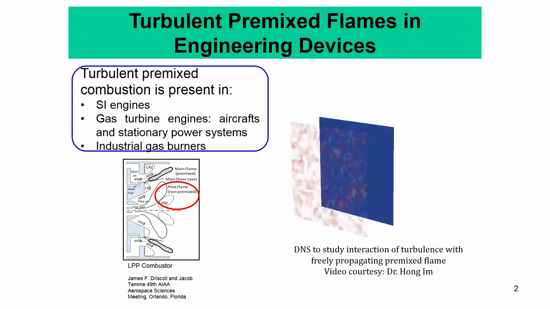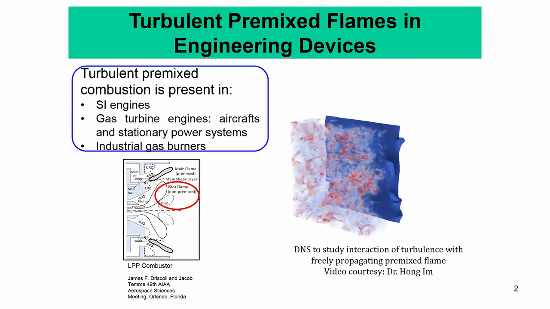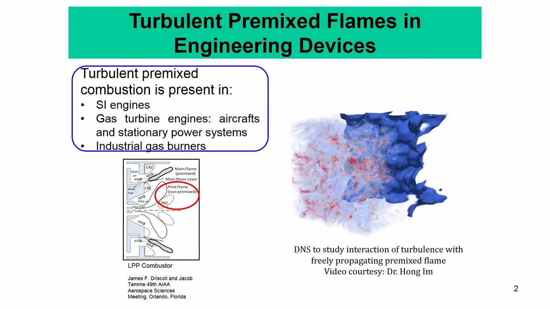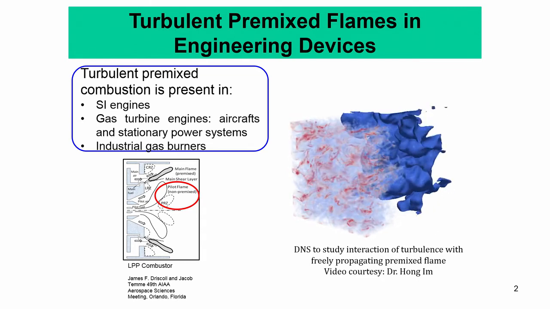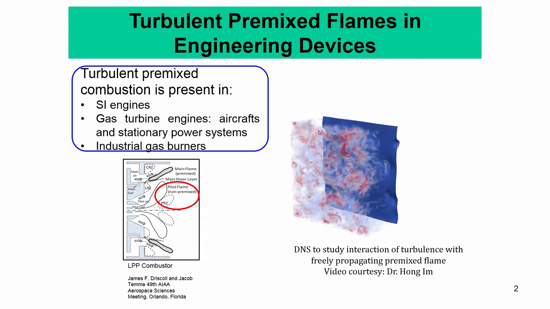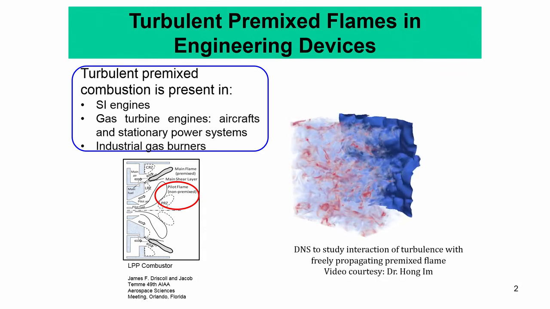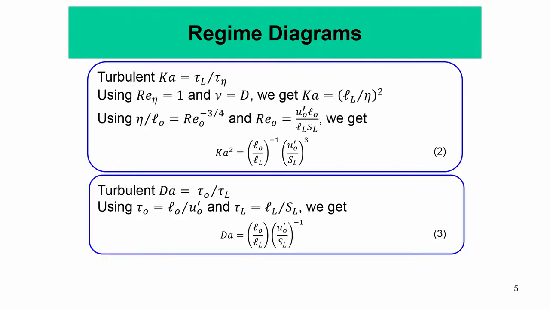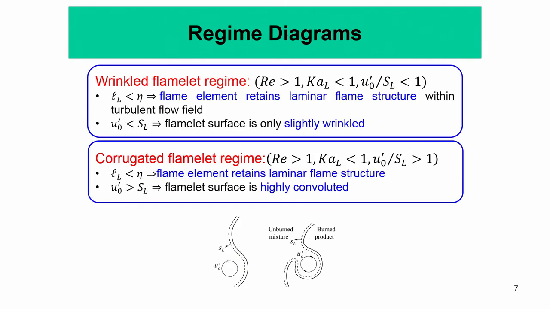So of course you can understand this at a later time. The surface area of this convoluted surface is much greater than the initial planar surface area. Okay. So of course the surface area is increasing because of the stretching action of turbulence. So in premixed flames, and even to some extent in non-premixed flames, the flame stretch is